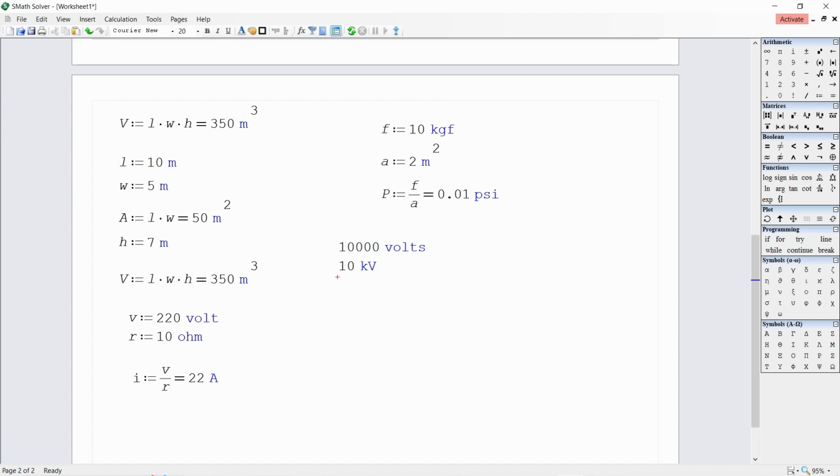Or instead of writing 10 times 10 to the negative 6 farads, we can simply write 10 and then change the unit to microfarad.